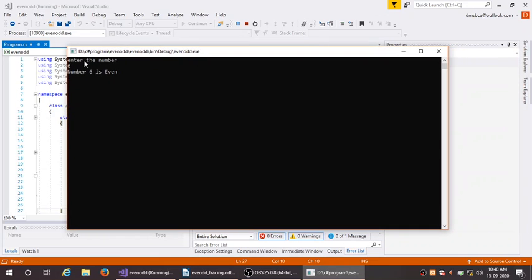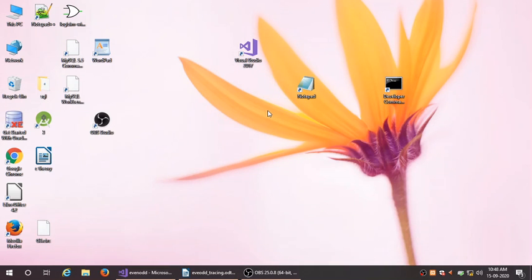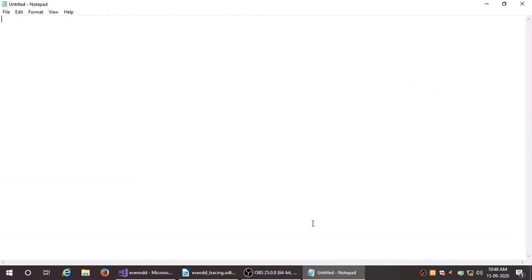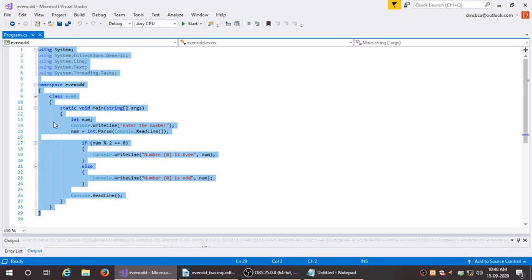We see the second way of execution, that is in Notepad. First we have to open Notepad and copy this program from Visual Studio.